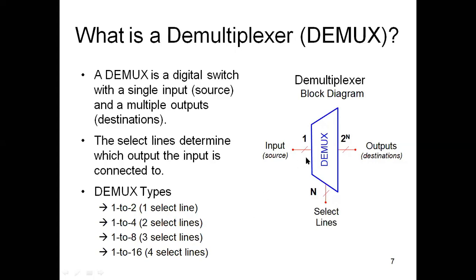And you pass the input as 1 and it produces 16 outputs. 16 you can write as 2 power 4. So how many selection lines are required for a 1 to 16 demultiplexer? 4 selection lines. Is it clear? What is the concept of a demultiplexer? You pass a single input as the source and it produces 2 power n outputs as the destination. How many selection lines are required? n selection lines. Is it clear?